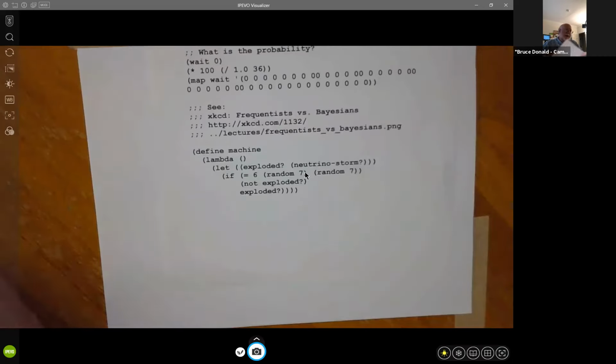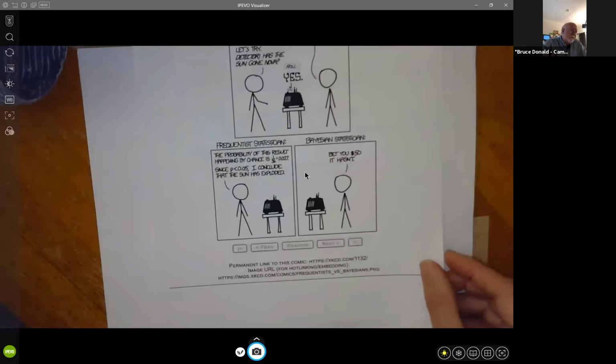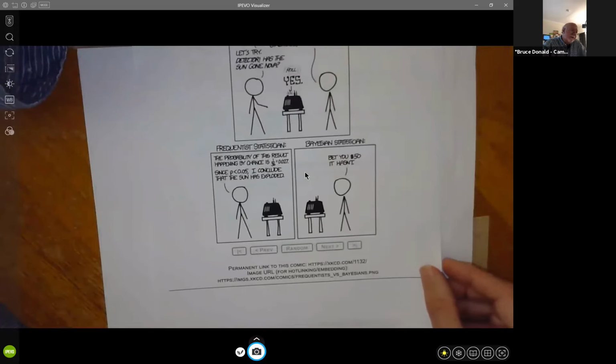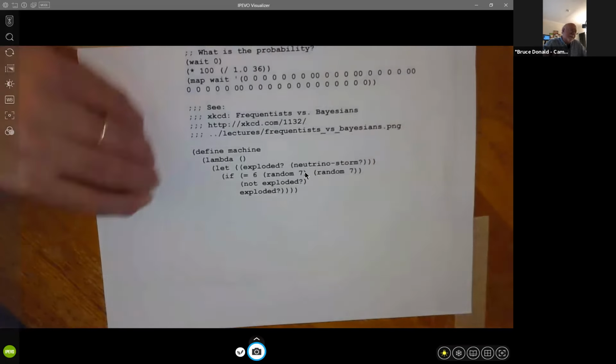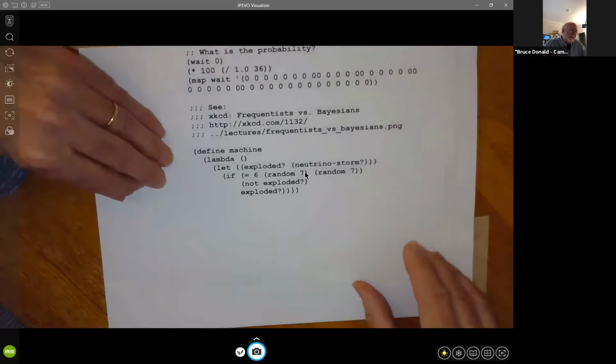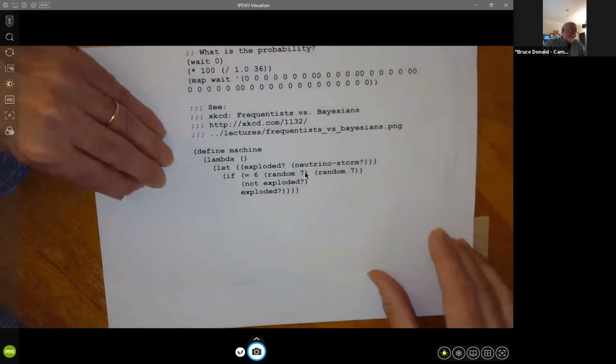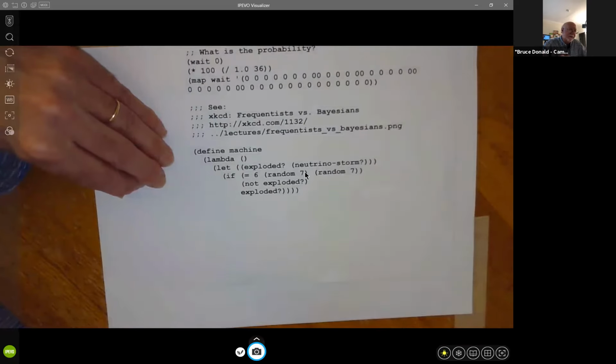All I suggest for now is that in your own time, look at the cartoon and see if you think it's funny. I will go through this in considerably more detail and do the calculation on Monday. And we'll be armed with Bayes' second theorem, which is very popular in statistics, machine learning, and statistical inference. And this will be our first example of doing that.